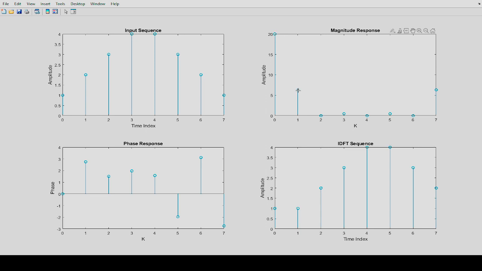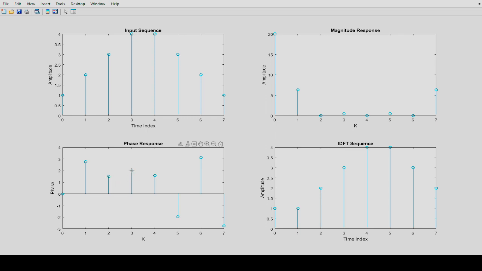This is 6.3, and then 0 point something, and then 5, and then the fifth. And here is 6.3 again. And for the phase response, there's a negative 1. So it went 1, 2.7,